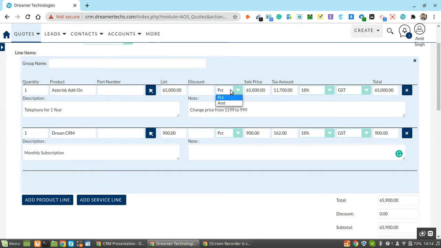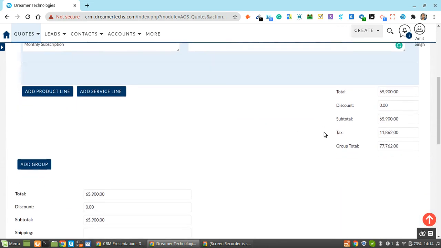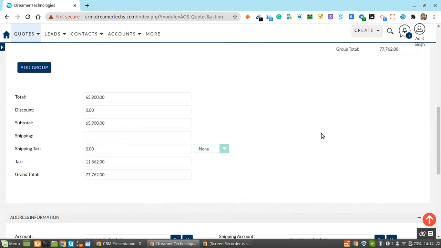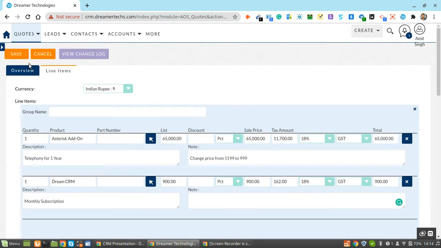We can also provide a discount percentage or in amounts. Whatever discount you want to provide, we can select. After filling in all the information, I just have to save this quotation.